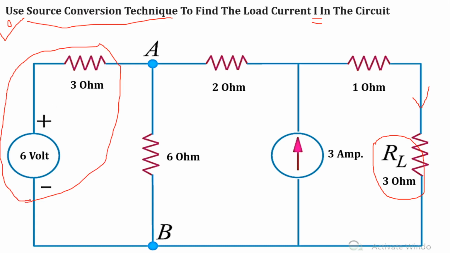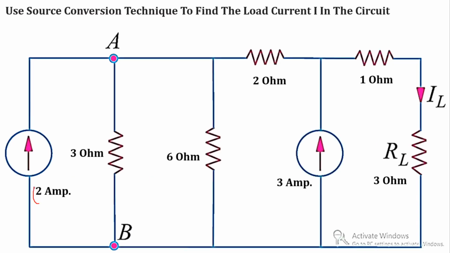parallel resistance, because to convert this current source into the voltage source we need parallel resistance, but we do not have any kind of parallel resistance. So we have to convert this voltage source with series resistance into the current source with parallel resistance. So the value of current I is equal to V by R, so 6 by 3. So the value of current source is equal to 2 ampere, and parallel resistance is equal to 3 ohm. So circuit will look like this.